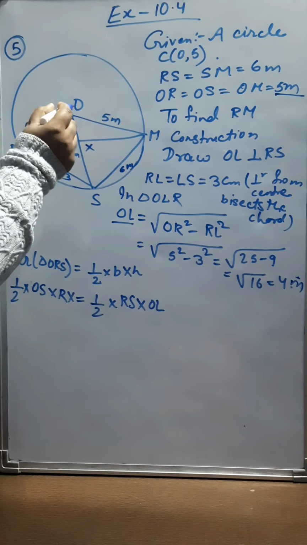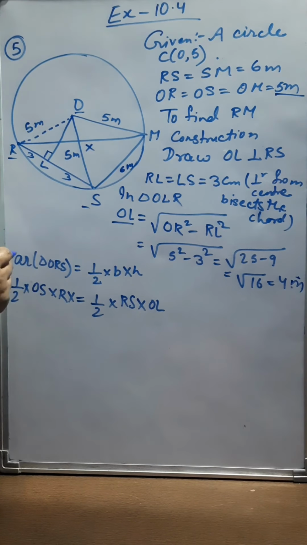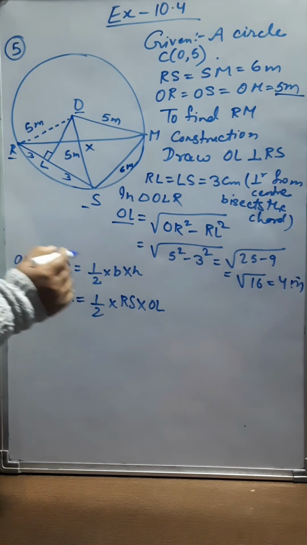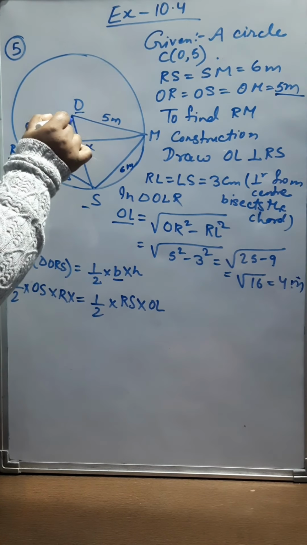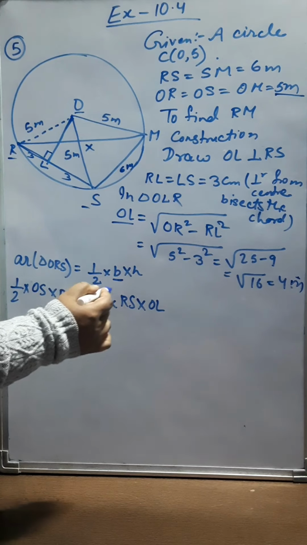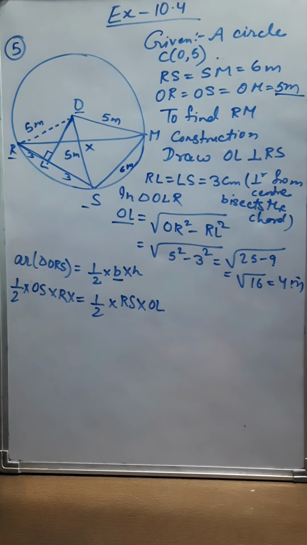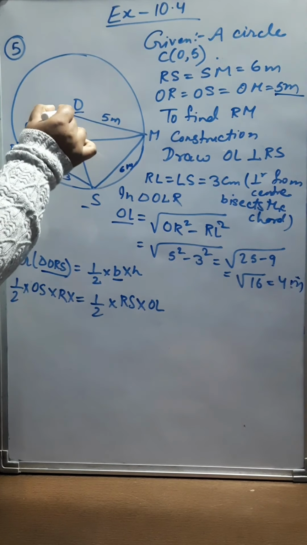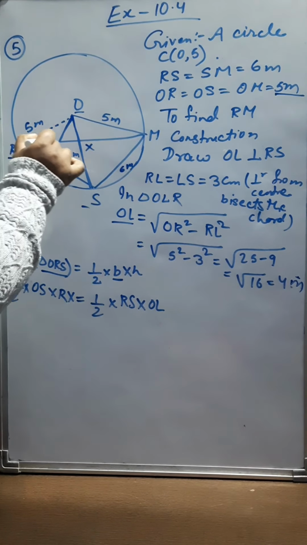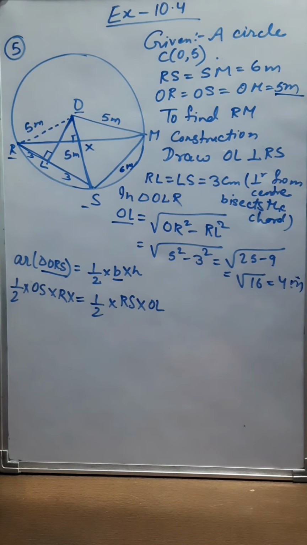Now you concentrate on the triangle ORS. I am calculating its area. Area of triangle ORS is half base into height. If we are taking base as RS, the perpendicular will be OL. We can write half RS into OL. And similarly, we can write area of triangle ORS as half OS into RX. RX is also perpendicular on the line OS, because this quadrilateral ORSM is a kite,